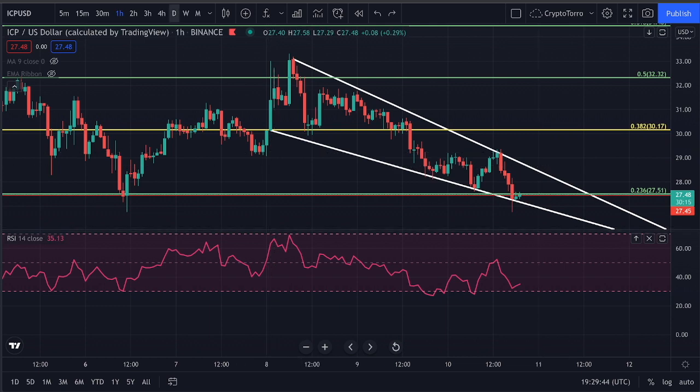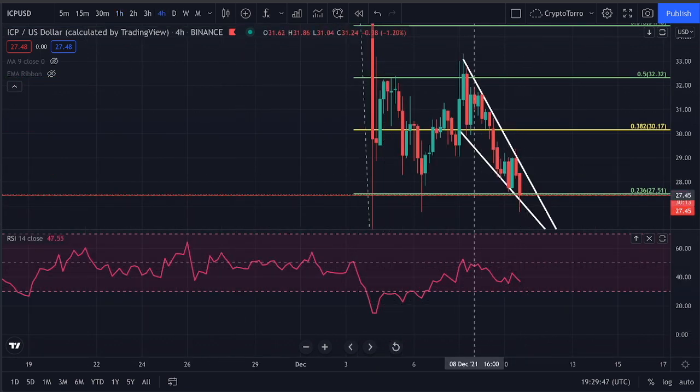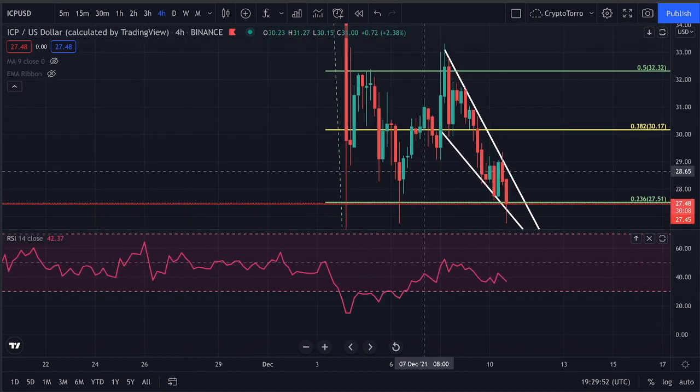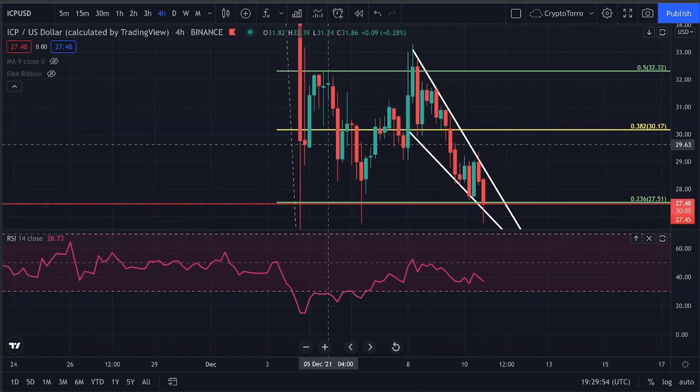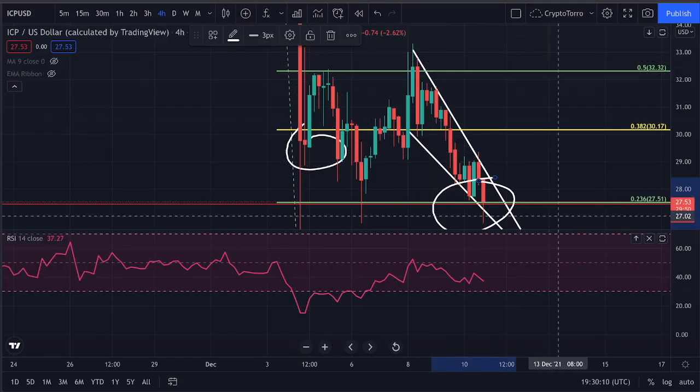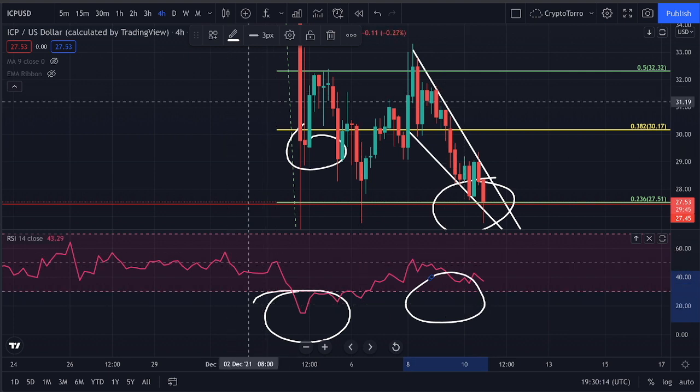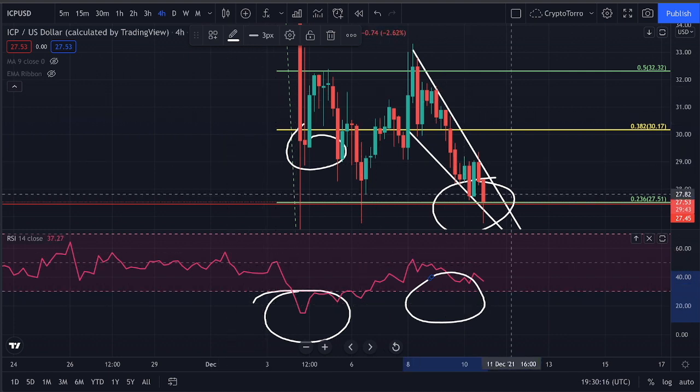inevitable. On the 4 hourly time frame, the RSI does actually look absolutely good, especially because we are clearly seeing a bullish divergence. At this point in time, we were seeing a lower low getting created on the chart, but a higher low getting created on the RSI, clearly a bullish divergence taking place. And this is absolutely good to know, because I'm very convinced that we are actually going to see that stronghold getting found on top of this $27 range,